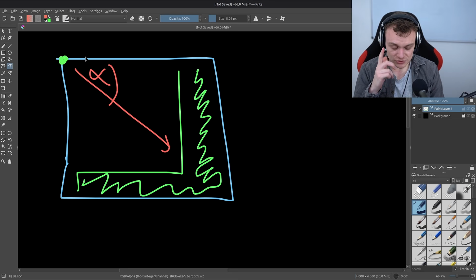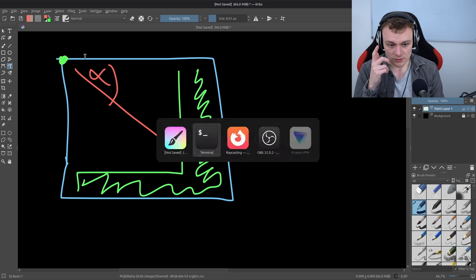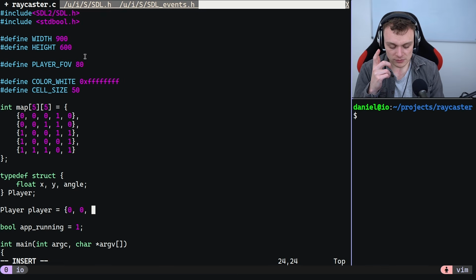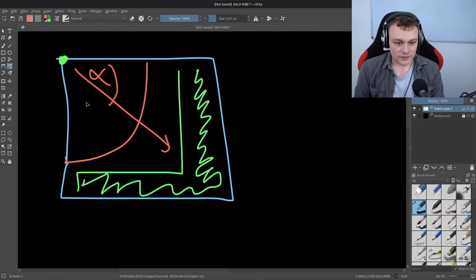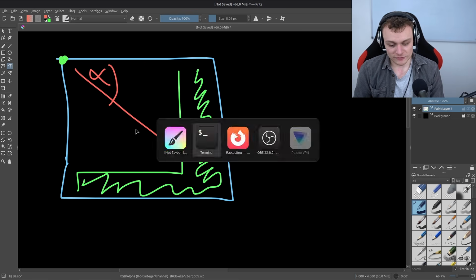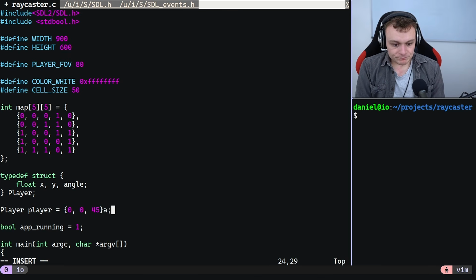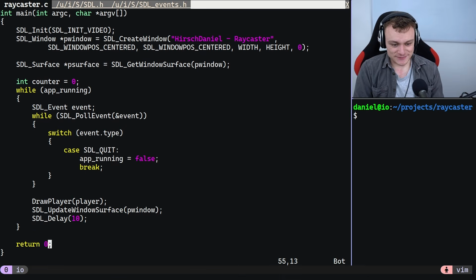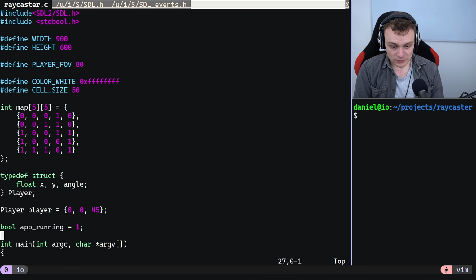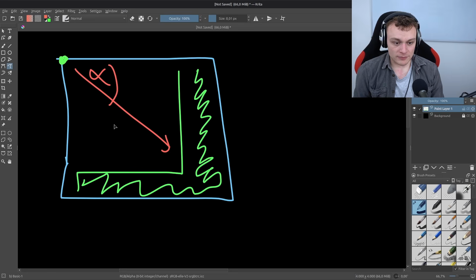Let's position the player at position 0 and have him look at a 45 degree angle. That sounds good, right? Because this one looks like 45 degrees. Oh my god, my thinking is so slow, because this is a right angle. So the half of it must be 45 degrees. Okay. So we're progressing at microscopic steps here. Now, if the player looks at 45 degrees into the scene, looking from up there,